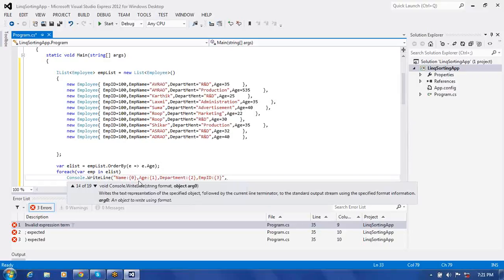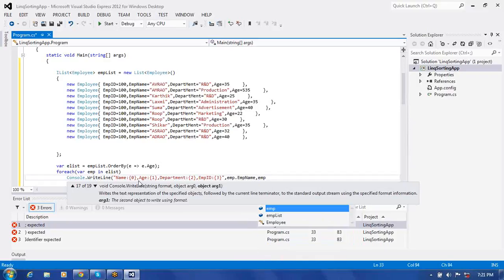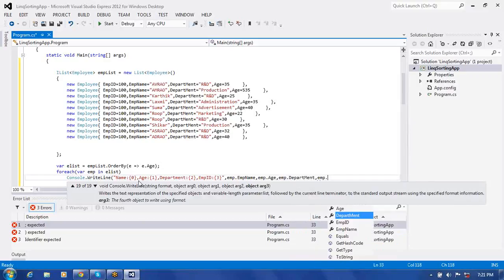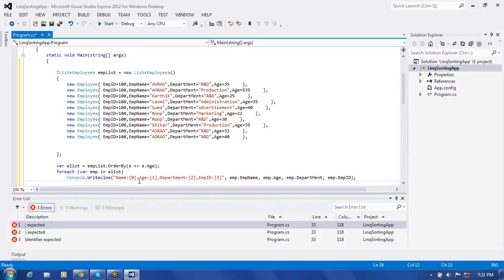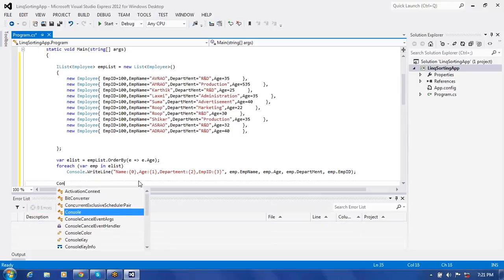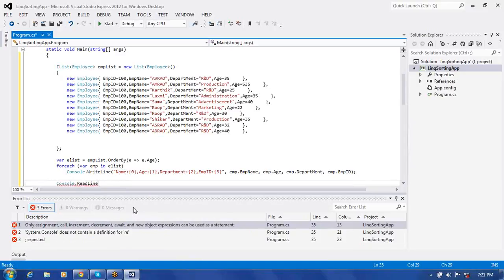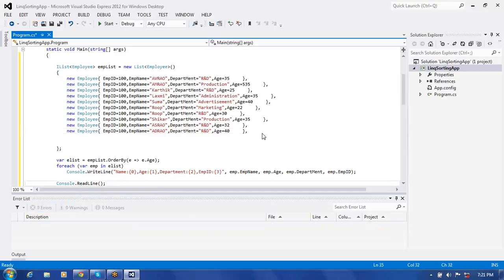Here try to specify EMP dot, the first thing is going to be name, so we use EMP name, the second one is EMP dot age, next EMP dot department, next EMP dot EMP ID we can use here. Like this we are retrieving data and trying to show it. Now the sorted data we can have with Console.ReadLine. Using this Console.ReadLine it is going to read data based on the age,